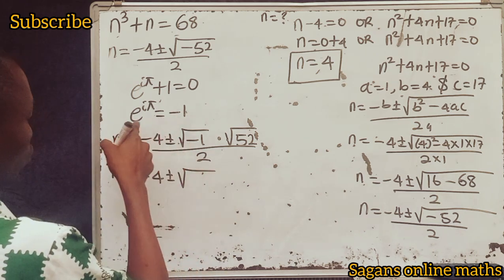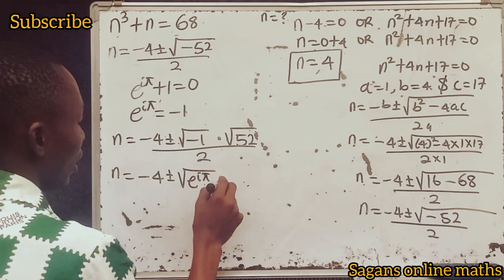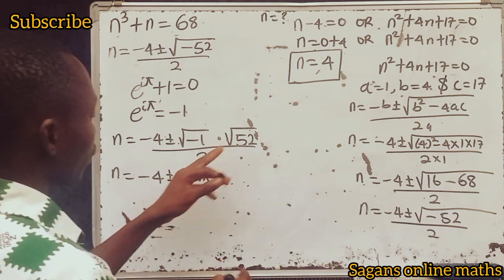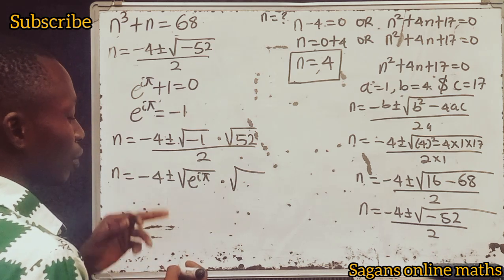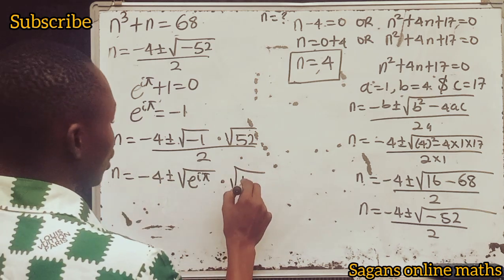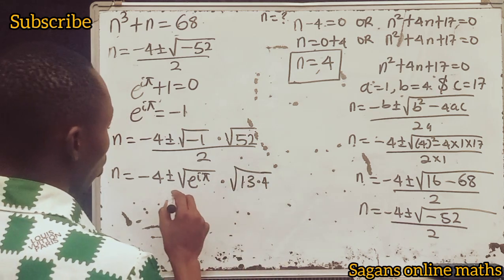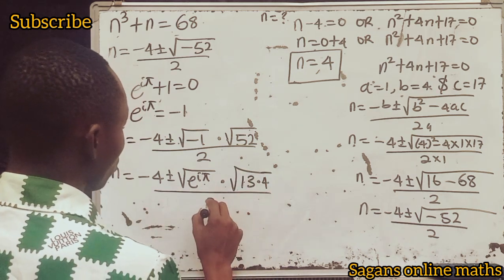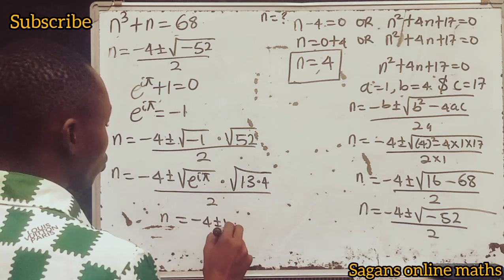I can see that -1 is equal to e to the power of i pi. So this is e to the power of i pi, multiplied by... Now we can do something very interesting here. You have the square root of 52. We know that 52 can also be seen as 13 times 4. 13 times 4 is the same thing as 52, all over 2. That means our n will be equal to -4 plus or minus the square root of